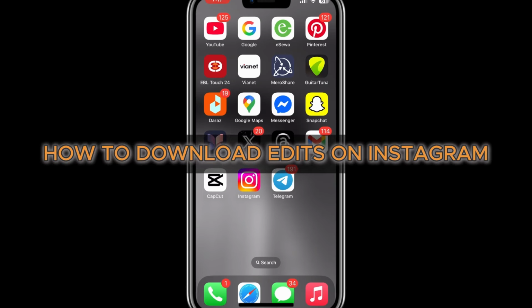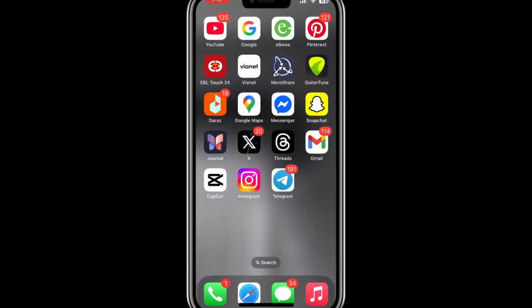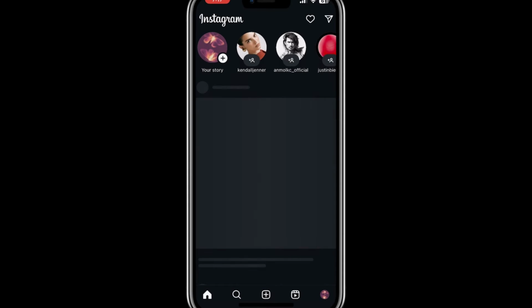How to download edits on Instagram app. In this video, I'll be showing you how to download edits on Instagram. Let's dive right in. First, open Instagram, and once you are on your home page, tap on this plus icon